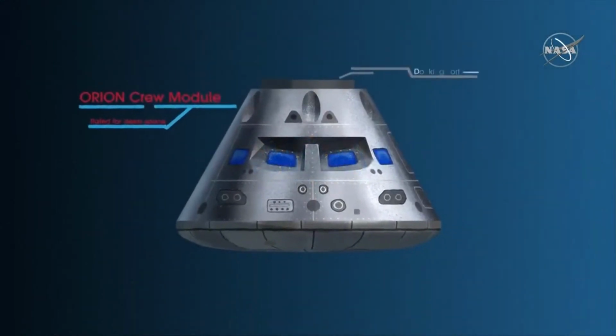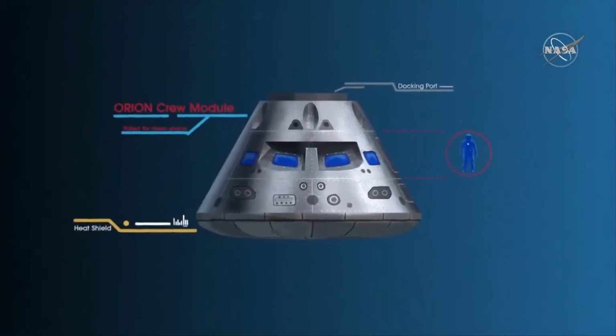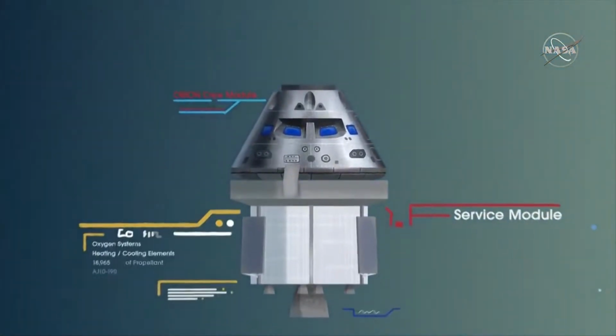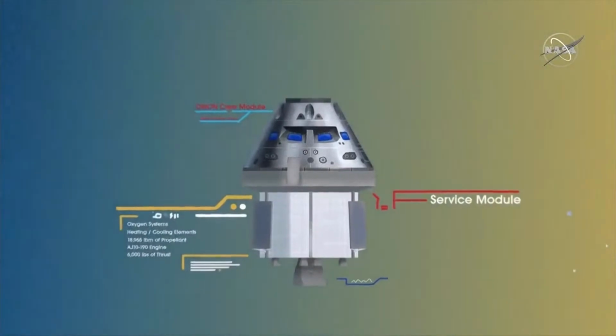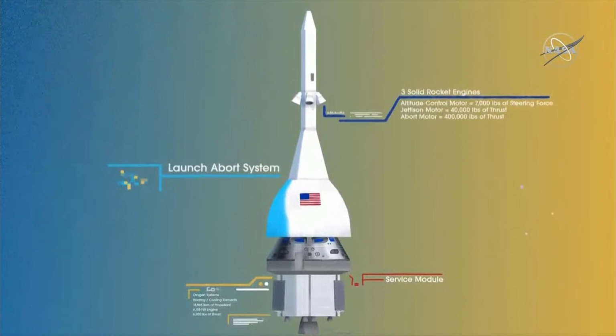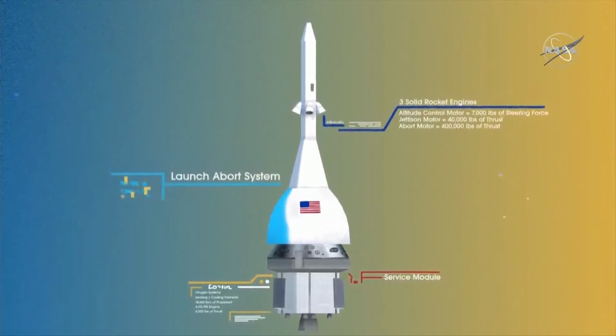Human-rated spacecraft called Orion, built in 3 parts. The crew module, where up to 4 astronauts will live and work throughout the flight. The service module, with life support systems for the crew and its own engine and fuel reserves. And a launch abort system, with engines capable of pulling the crew module to safety during launch should anything go